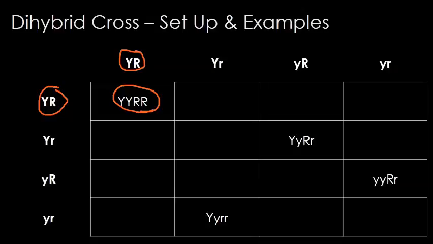You're always going to keep your letters together and you're always going to put capitals before lower cases. So I can see here, for example, even though my top would be a lowercase, my left is a capital Y. So I put the capital Y before the lowercase y, and I put all the y's together, and I do the same with the r's. I would take a second to try to fill in these other boxes to make sure you understand what you're doing.